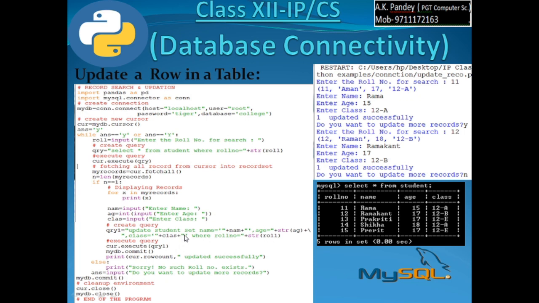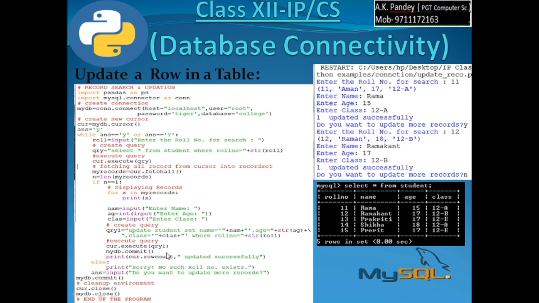So after verifying it, you can go for execution of the query. Cursor dot execute QRY1, mydb dot commit. Thereafter print cur dot row count. Whatever rows were there in the cursor object can be retrieved using the row count attribute of the cursor. Cur dot row count will return 1 since one row is affected.